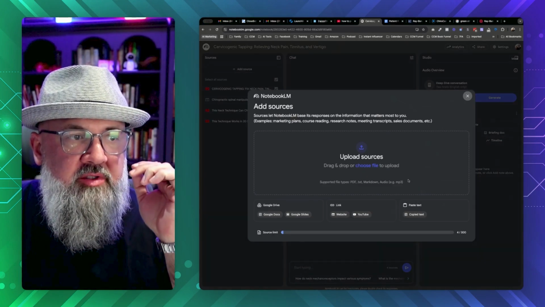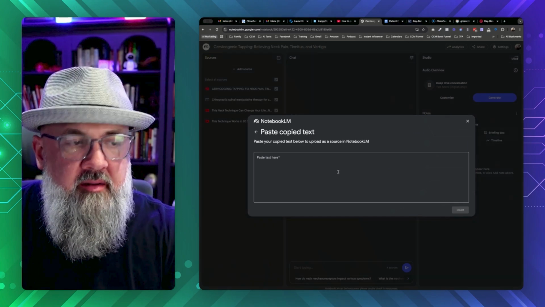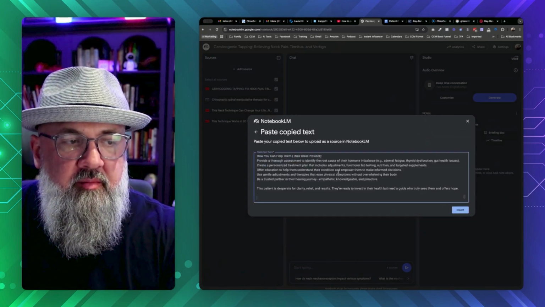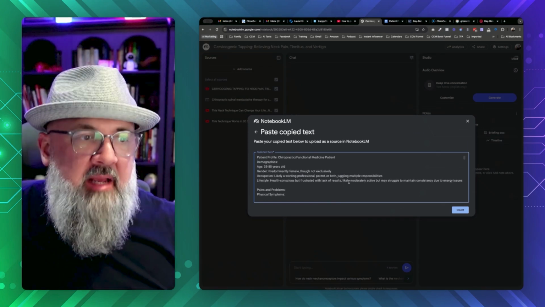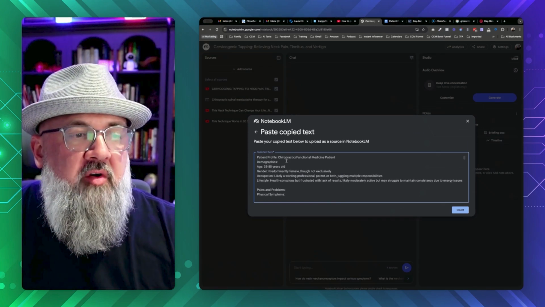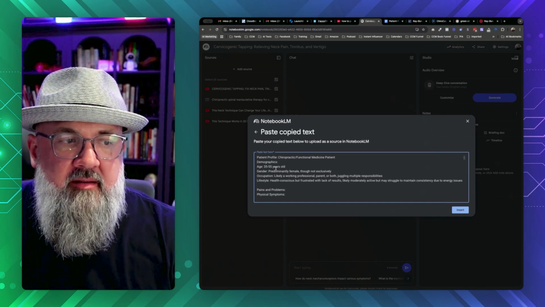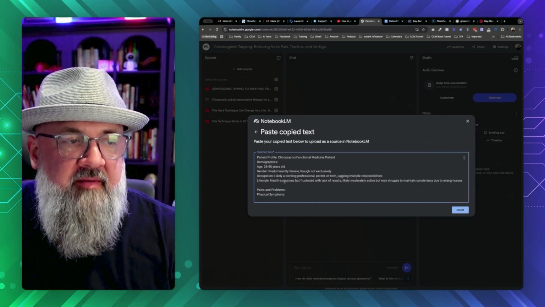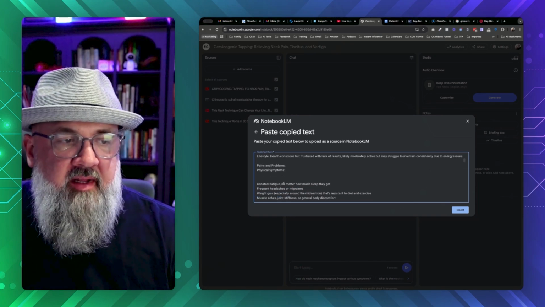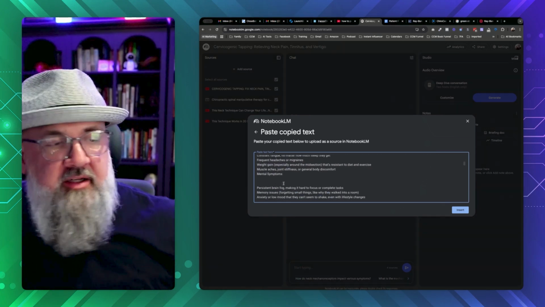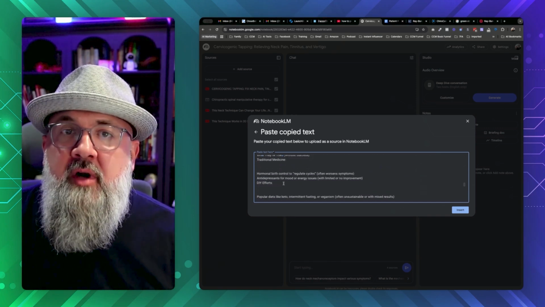Okay, we're going to add source. I can either paste something that's copied. So I can paste that. So this is what ChatGPT came up with. A patient profile for a chiropractic functional medicine patient. A demographic, 35 to 55, predominantly female, though not exclusively. Pains, and it just goes through and talks about, it totally describes your ideal patient.